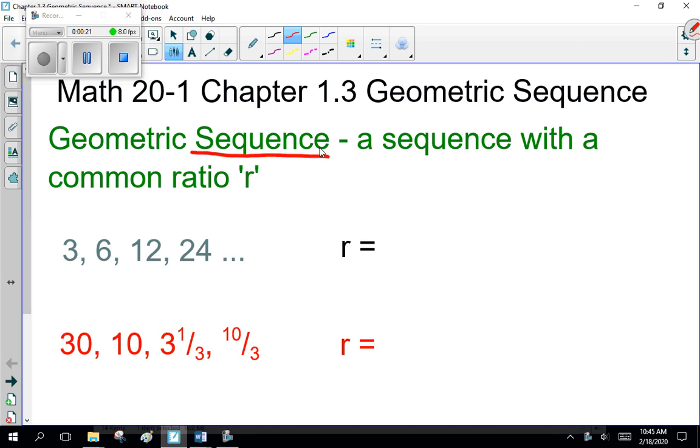3 to 6, 6 to 12, 12 to 24. What are we dealing with here? Are we adding? We're timesing by 2. So R is 2 here. Now, just to be careful, because you will see this odd question like in your check your